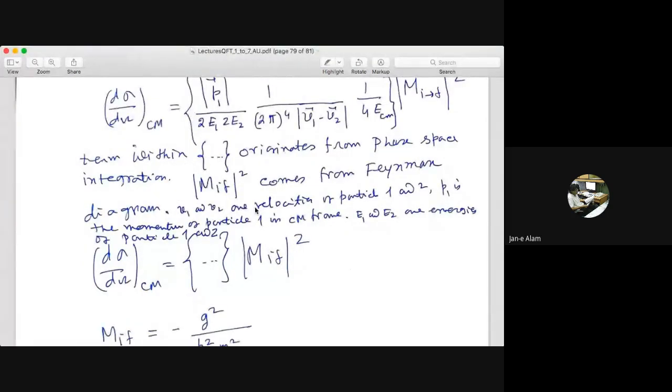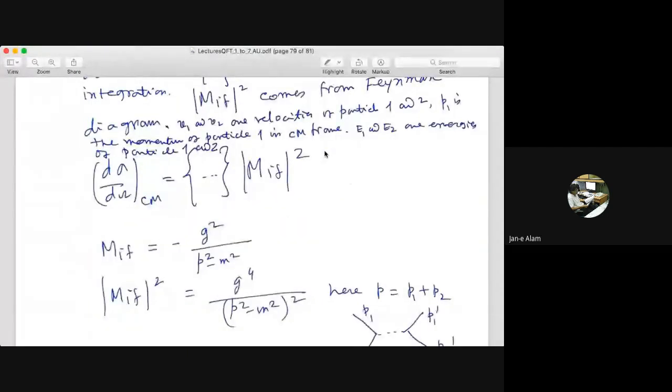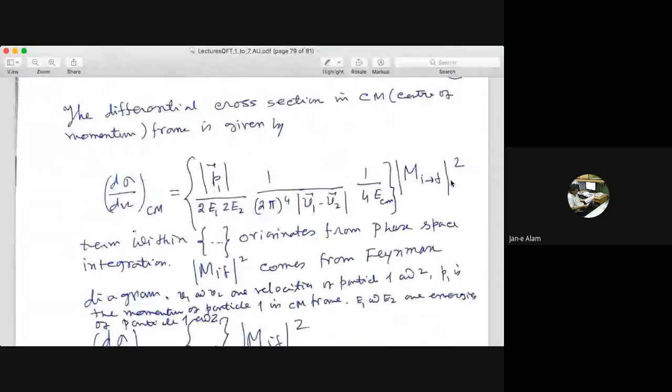So this is the formula for the cross section, and as I said, this M_if comes from the dynamics. And this is the phase space. This is a famous example, as I was telling you. If you drive a car, then there are two things that should happen. Suppose you have driven a car to a market and you want to park it somewhere. Two things must happen for you to successfully do that.